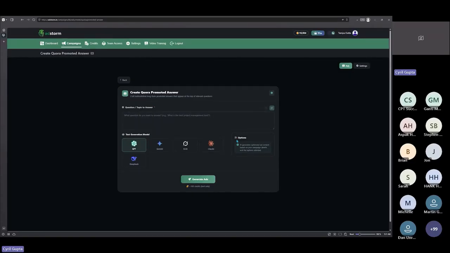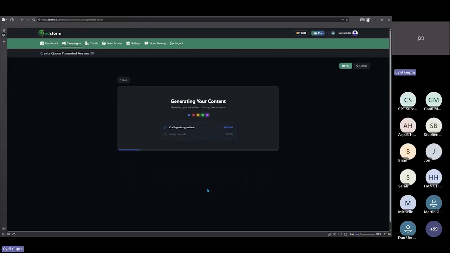Again, like how much does it cost to renovate a bathroom in 2026? And you can click on generate ads. So it's going to create the ads for this particular question that you can publish on Quora and create a promoted answer. And I can tell you, for high quality traffic from Quora, you will be paying a lot less. So on Facebook, you got a lot of competition. In Quora, you've got typically none. And you can really get very affordable, high quality targeted traffic from Quora.